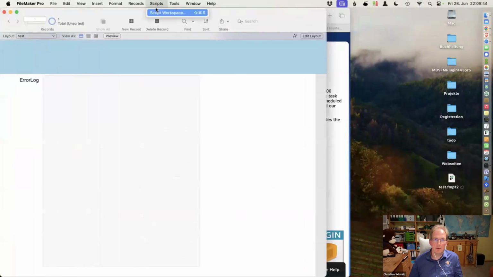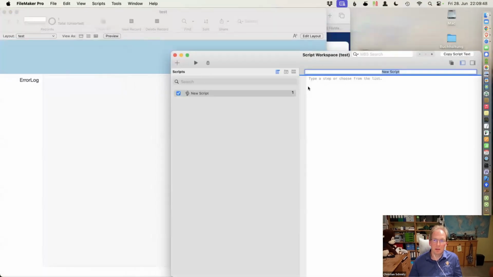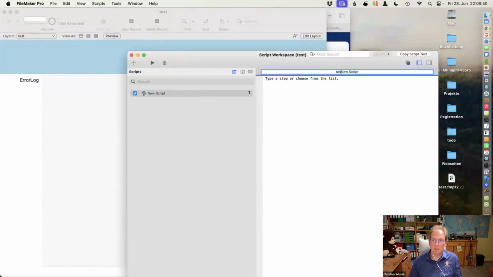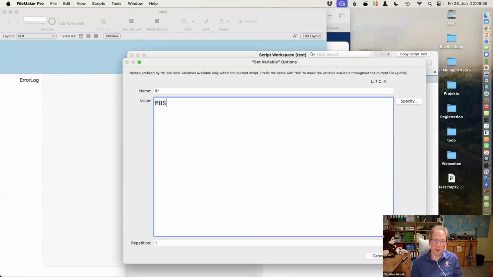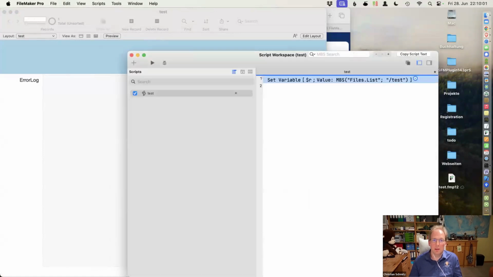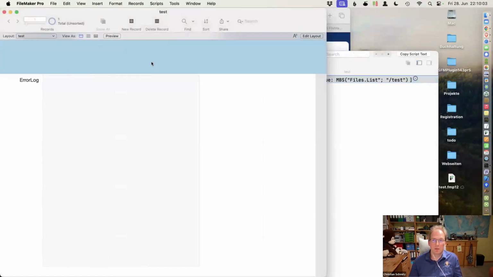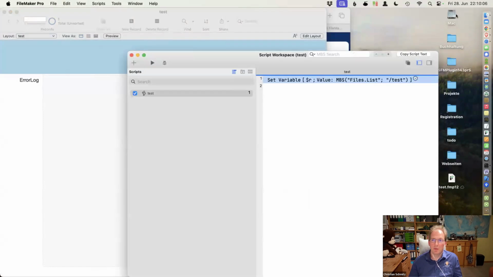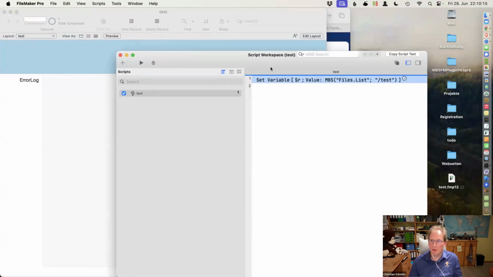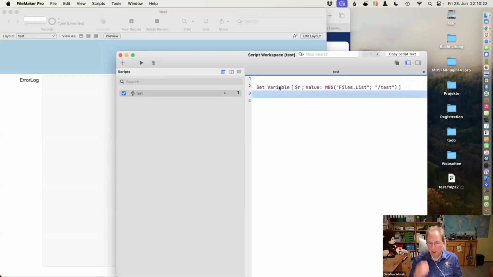And now let's say we have a script, a normal script test. Set variable. Let's say you do something like a files list of a folder that doesn't exist. That will give you an error. If we run this, normally, if I don't do a live stream, I have the option enabled that MBS errors show as notifications, but that's off for the live stream. So you would get an error. Your script may continue. You may not know why it's not working as intended.